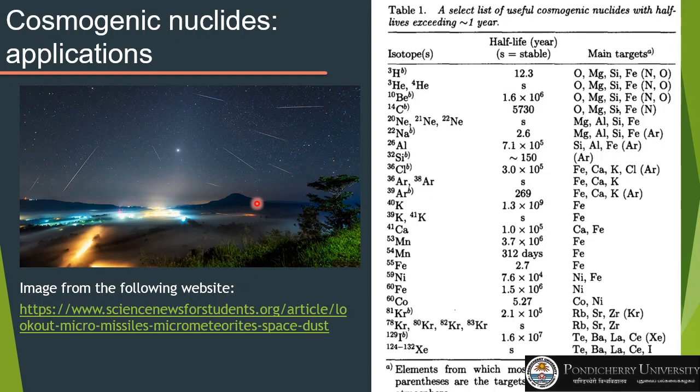So the conceptual framework remains the same more or less, but for each sample, for each case, one has to take into account other parameters and other factors which could influence the rate of production of such cosmogenic nuclides. And by taking that into account, one can actually come to a better constraint on the timings or the rate of processes which one is addressing by using that particular sample. So with that, let me stop here, and that would be the end of the topic of cosmogenic nuclides.